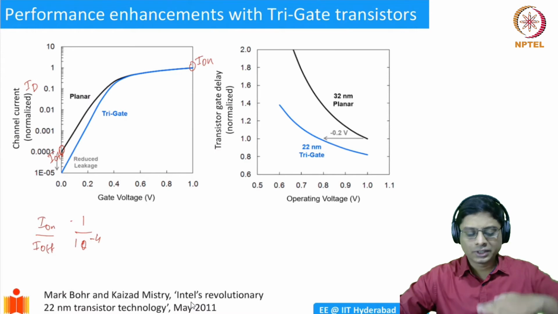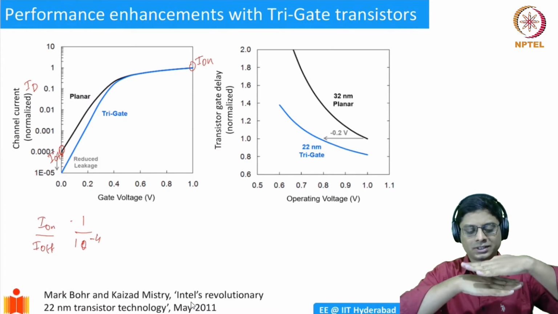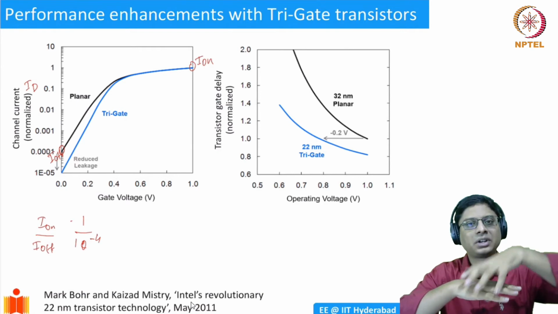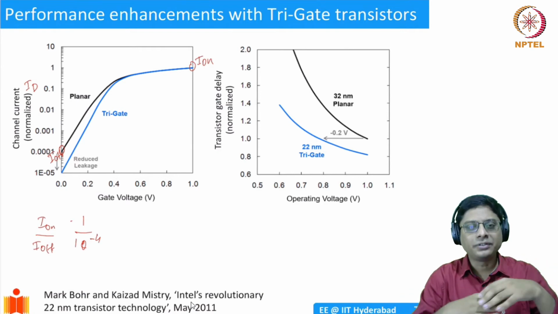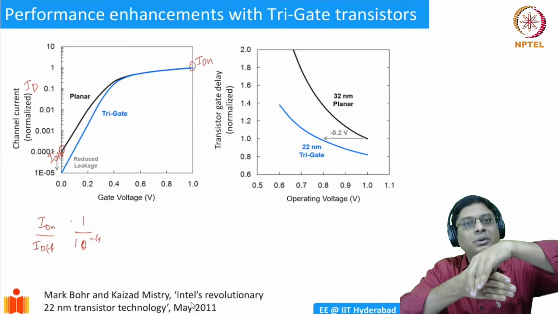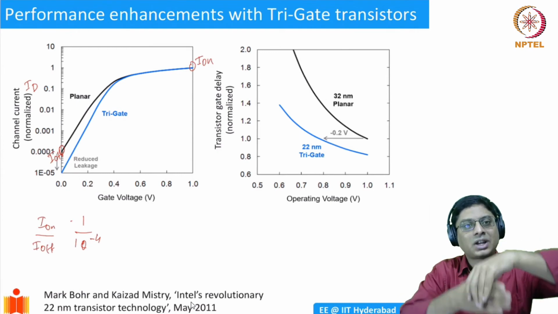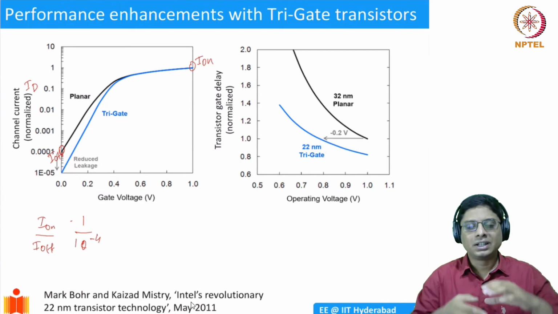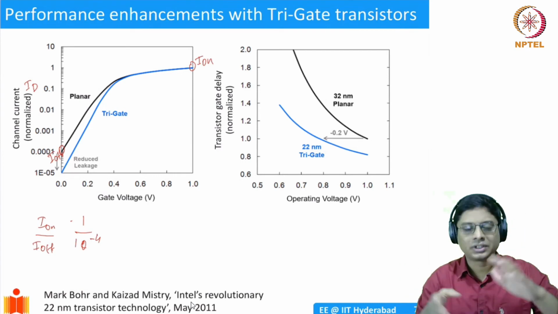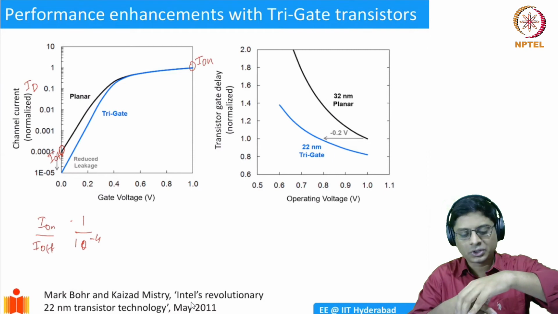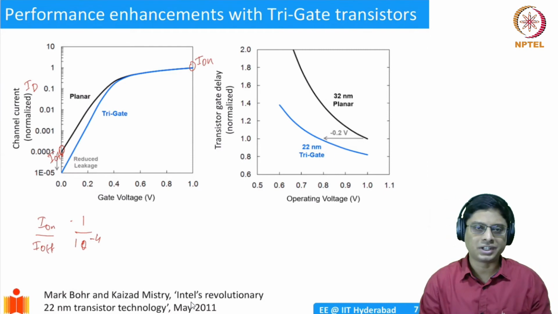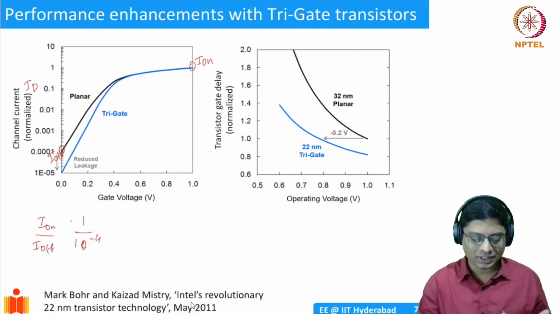Well, think about it. In a traditional MOSFET, you had the oxide, and below that you had the channel. So you're only using the gate to control the channel. But in a FinFET, you're actually having a gate which is surrounding the channel. So you have better electrostatic control on the channel. And that is why if you want to switch it on, of course, it will turn on. But when you want to switch it off, because you're electrostatically controlling it better, you have a lower leakage current. So this is in terms of the leakage current.